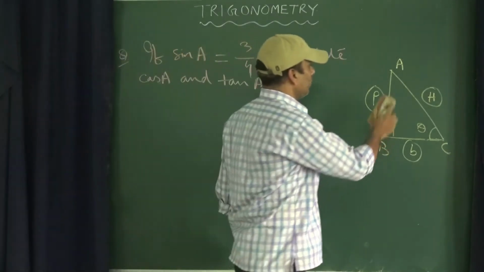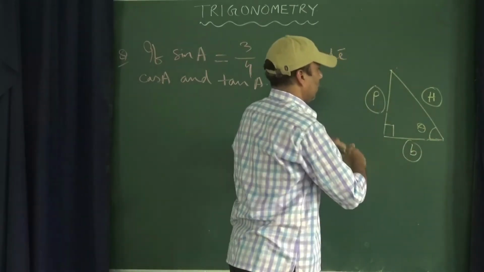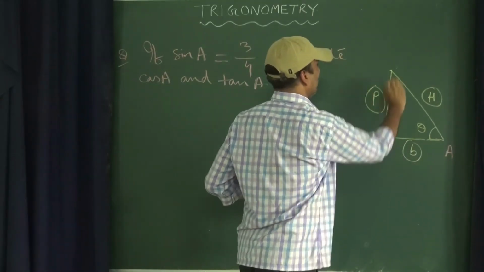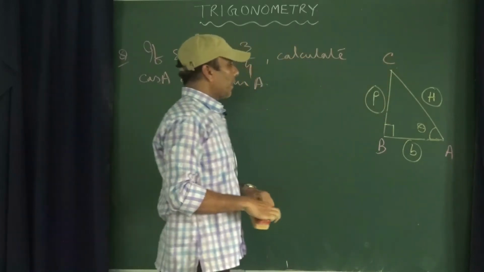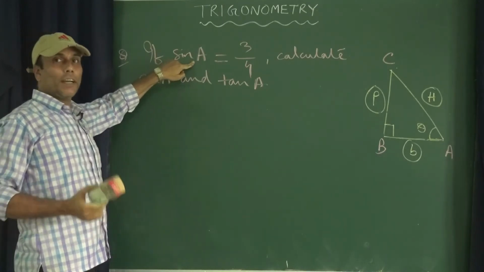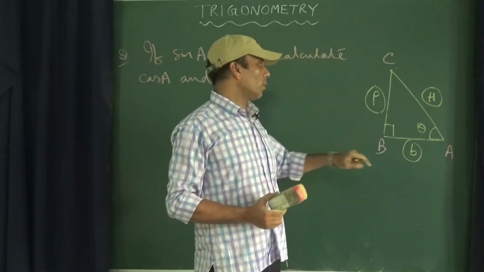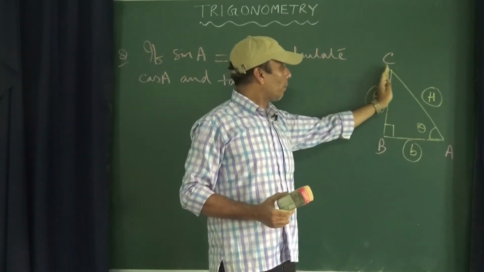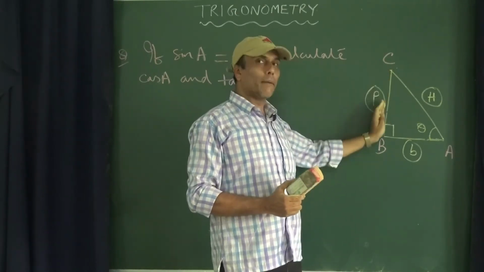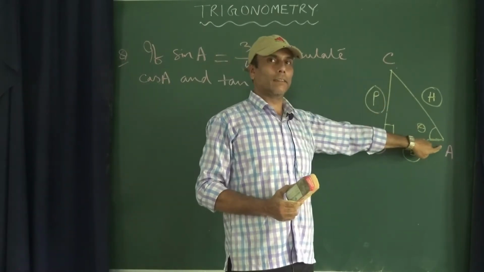So let us draw the diagram. The diagram will be like this only, but let us write A here. A will be here, then say this is B, and this one is say C. Why have I taken A there? Because we will deal with angle A. As I have already told you, the angle with which we are dealing should be on the base. So if we keep A here, then our base will be this one. You may get confusion that this looks like a perpendicular, but how is it the base? To avoid that situation, I have written A here.